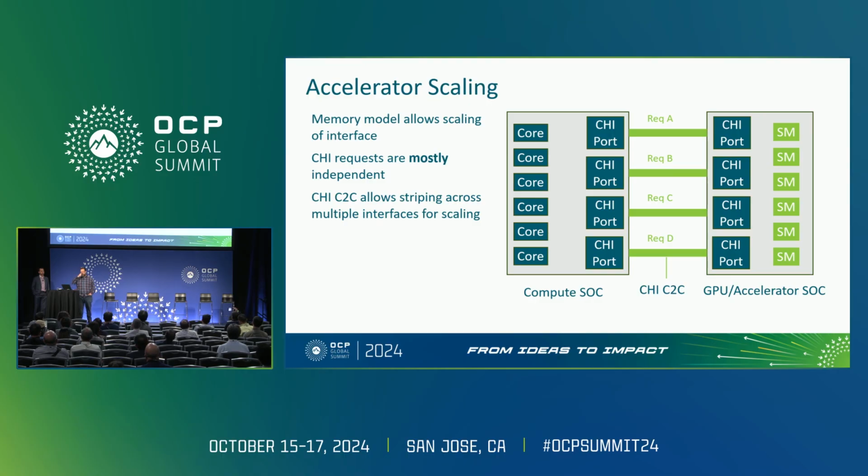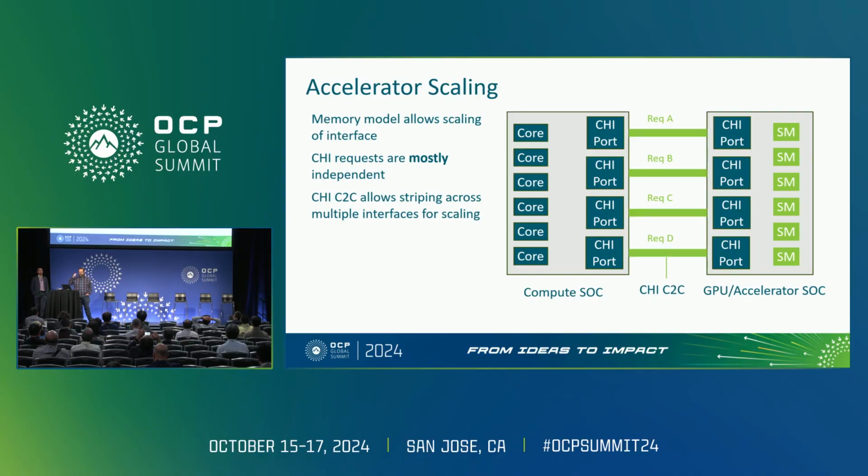So another challenge is really looking at how accelerators scale. And Francisco mentioned this, but the memory model of devices, often accelerators, are designed so that they can scale across many interfaces. You don't have a lot of built-in ordering. You don't necessarily want, PCIe has a very strict ordering model. Writes and reads have a very specific model. But those sort of orderings don't necessarily lend themselves to fast acceleration